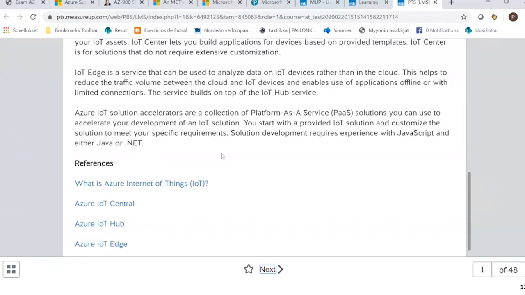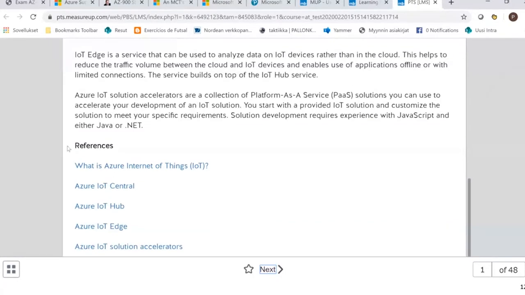So this is a really good way to prepare or even study for these things. Okay, I didn't know that, maybe I want to go and learn more. These are direct links to docs.microsoft.com. So a really efficient way. One more.